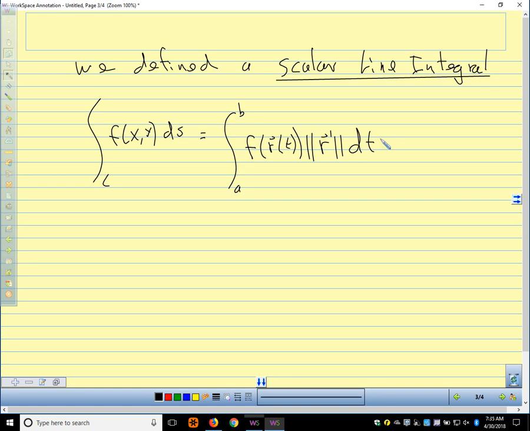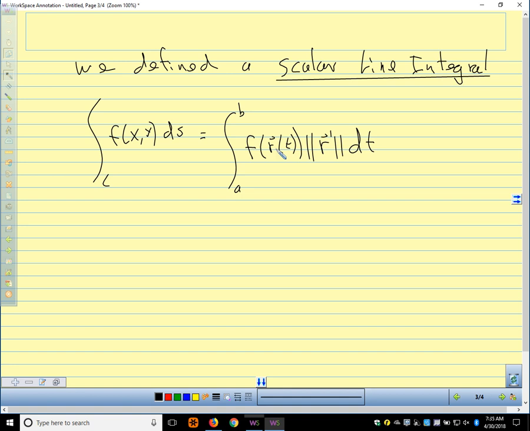So we could interpret the function as a mass per unit length, the charge per unit length, something like that. We could also interpret this as an area. If f of x y is visualized as a surface above our curve, giving the height above the curve, this integral would give us the lateral area below the surface and above the curve. So we're going to do something similar with